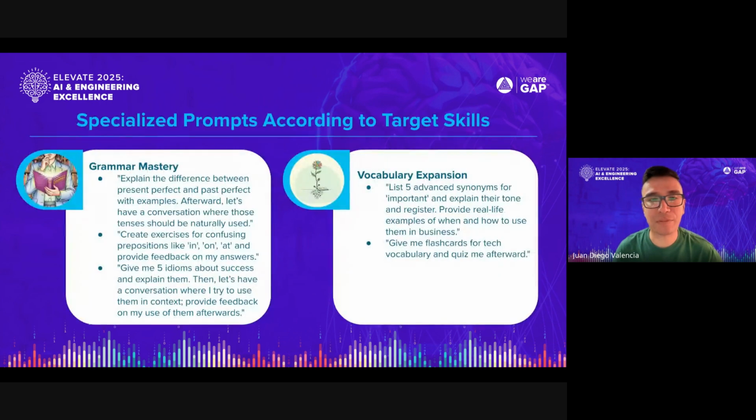Before I leave here, there is a little creative tip, which is to make your own custom Gemini gem. It is like a specific custom chat with Gemini that you can create and personalize with preferred practice exercises, vocabulary, and the feedback style that you would like to get. So you don't have to keep repeating that every time you start a conversation. And you can always go back to that gem when needed and go ahead with your practice.